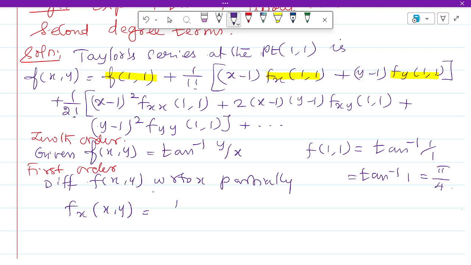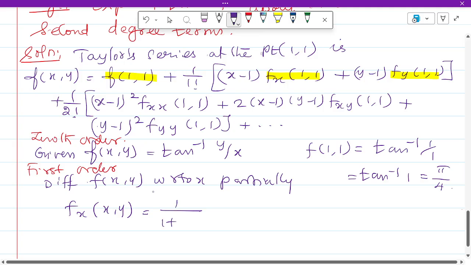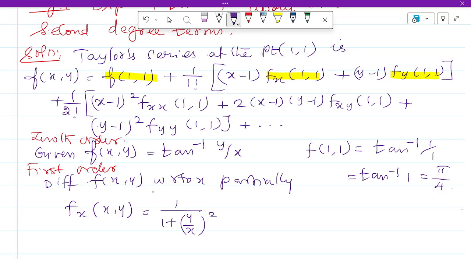Differentiation is 1 by 1 plus y by x whole square. Once again you have to differentiate y by x with respect to x, which means you have to keep y as constant. Y is constant here, therefore keep it y. Differentiation of 1 by x is minus 1 by x square, therefore you will get that